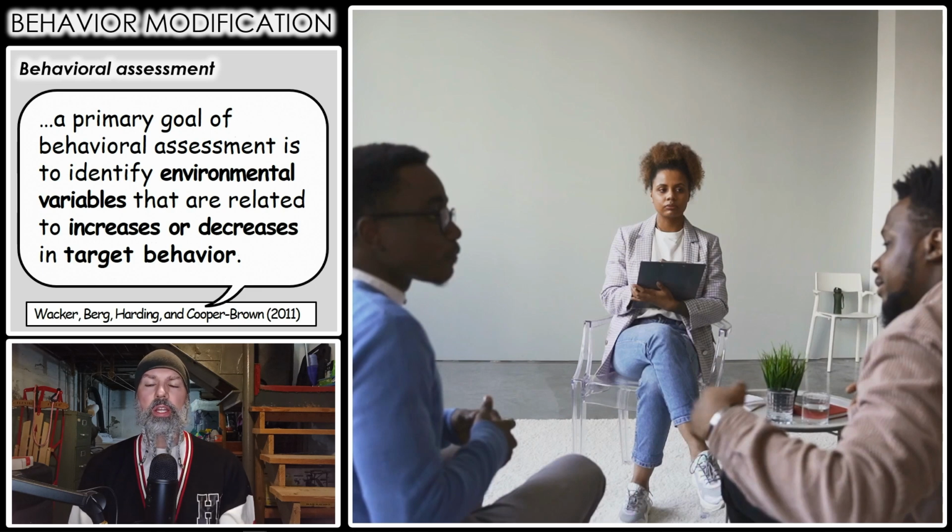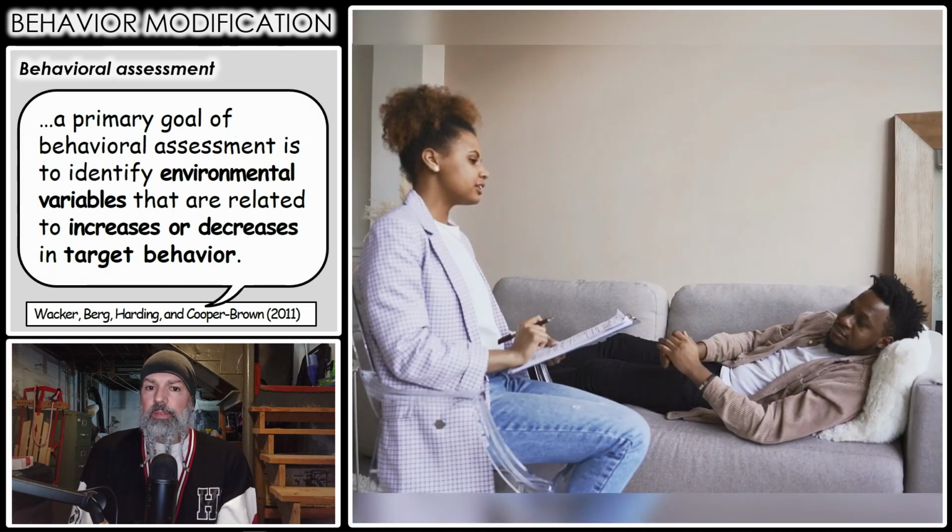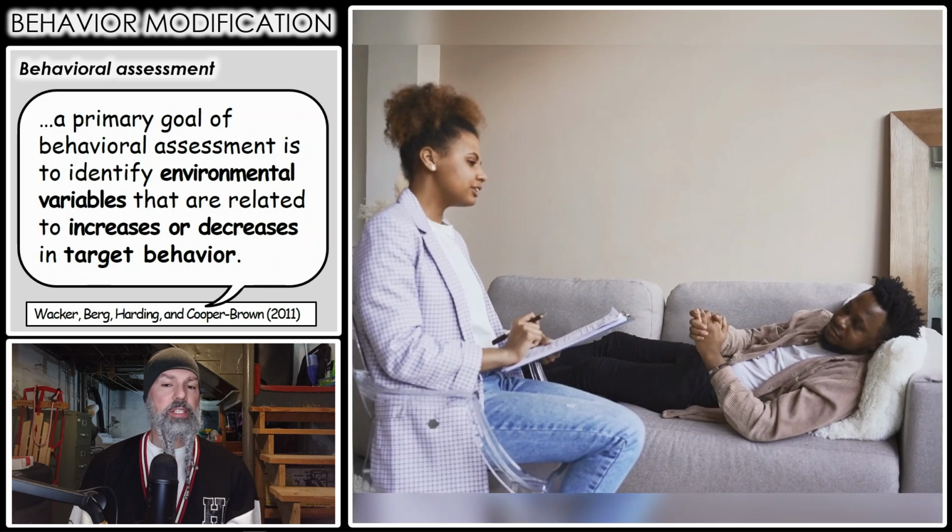So in this situation here, where you had an argumentative individual and his significant other is feeling the effects of that negative target behavior. So the individual in blue there, he is the client. He is the one with the very argumentative behavior that we want to decrease, the communication skills that we want to improve. So we can directly observe this behavior, for example, in a session such as this, but we can also indirectly assess this target behavior by simply conducting interviews, for example, with his significant other, and just asking him